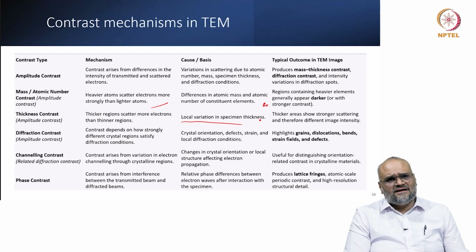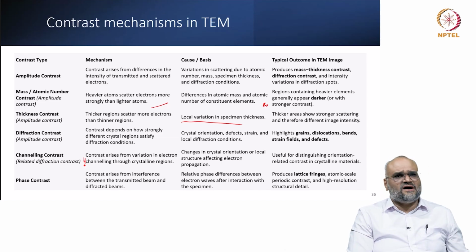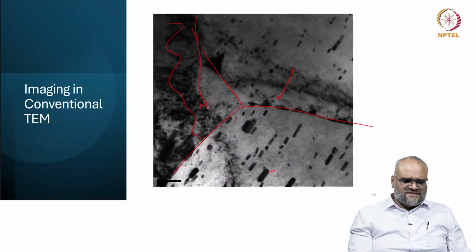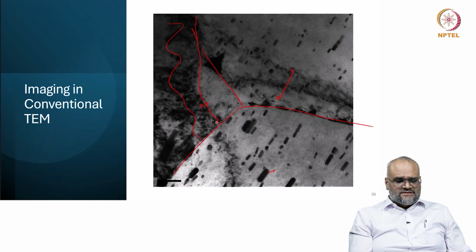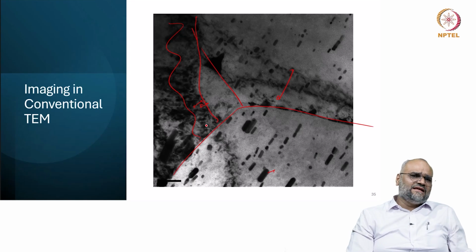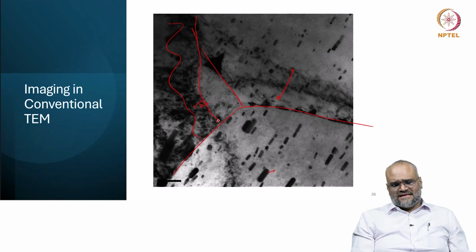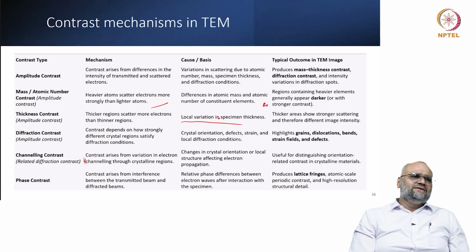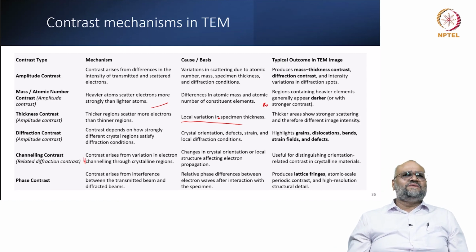Then we have channeling contrast. The channeling contrast in the scanning electron microscope is primarily used for ECCI imaging, but in the transmission electron microscope, you saw this kind of case where a specimen is close to the zone axis. In this kind of condition, you want to intentionally orient the specimen to obtain high resolution imaging, but when you look at the larger field of view, the grains that are closer to the zone axis tend to appear darker. This is a consequence of channeling contrast. And then phase contrast, we will look at in a little more detail when we see the summary of